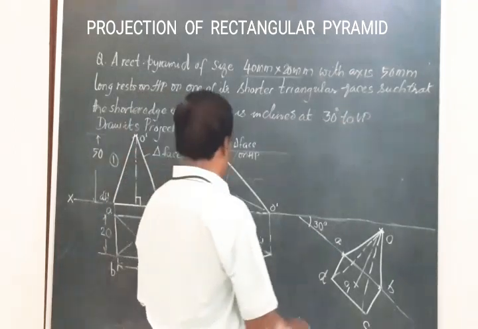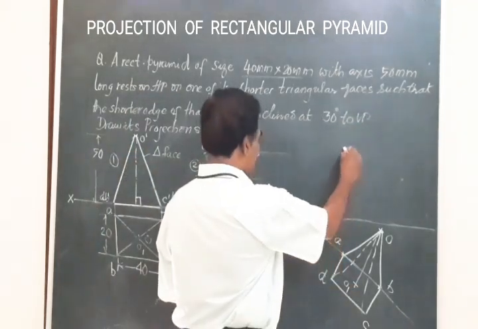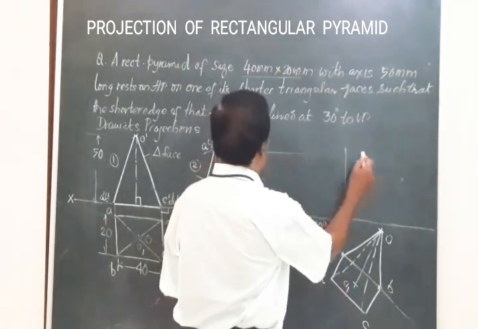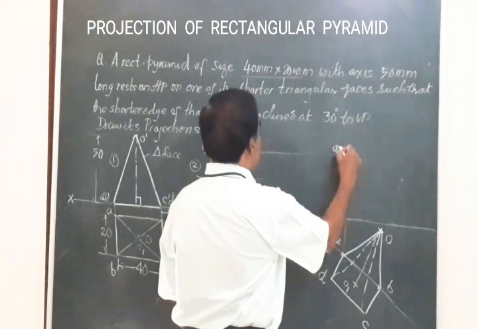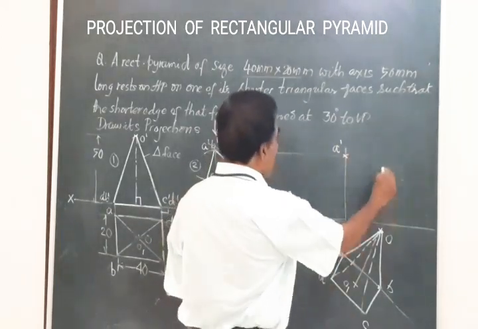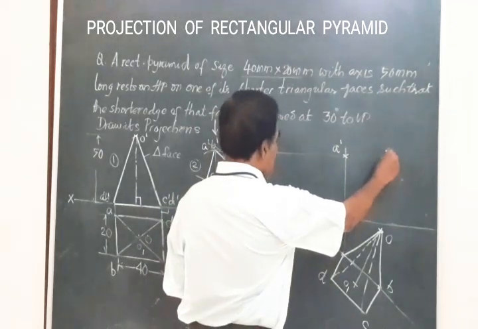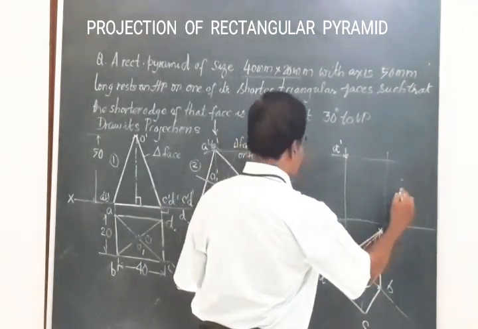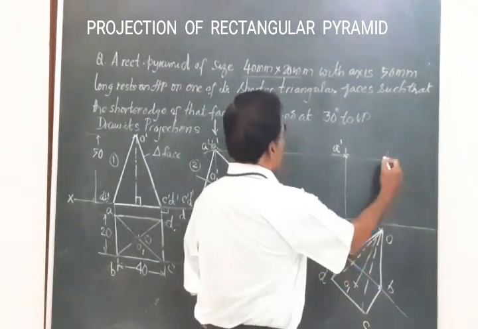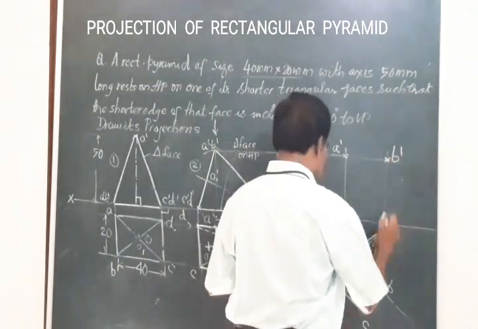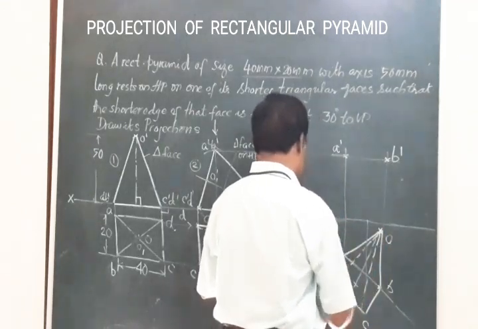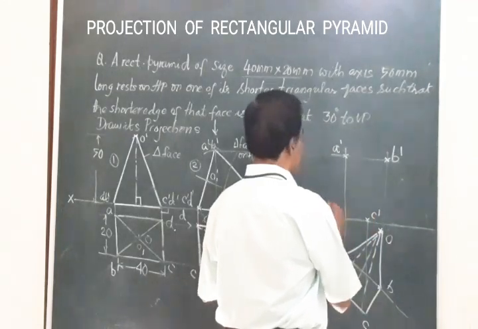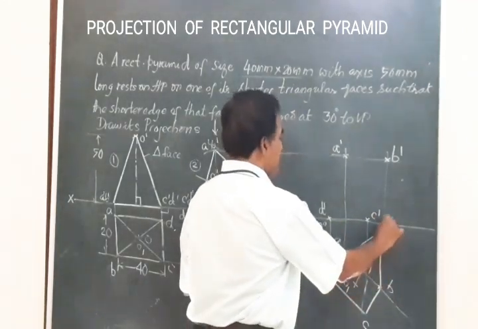So what to do? Get the points one by one. Look here, you have this A and B point. Vertical from A, the horizontal line from A will give you this point A dash. Then B, vertical from B, horizontal from B will give you B dash. Then similarly C and D, C is here, D is here, you will get the point C dash and this point as D dash. Now O is here, so join.